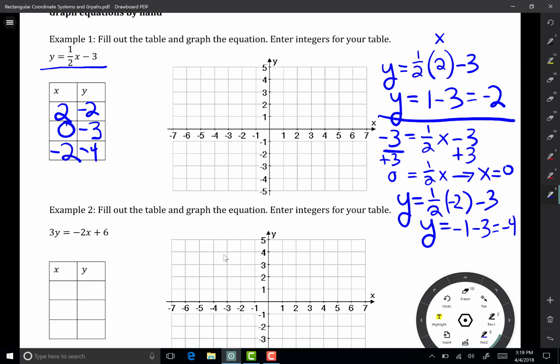So if I plot the point (2, negative 2), I'm going to come over here. Here's 2 on my x, negative 2 on my y. So here's the point (2, negative 2). Now I'm going to plot the point (0, negative 3). So I'm not moving horizontally at all. I'm going to stay at 0 for x, and then for y, I'm going to come down to negative 3. And then at x equals negative 2 and y equals negative 4, that's this point right here. And then once I get my points plotted,